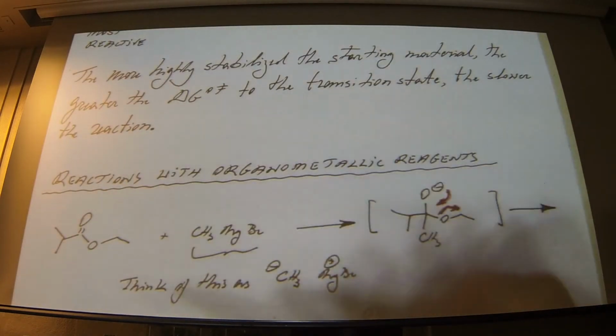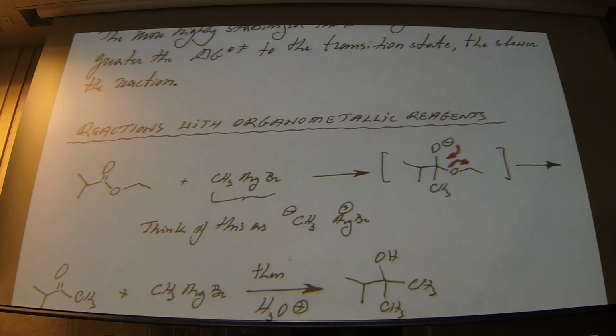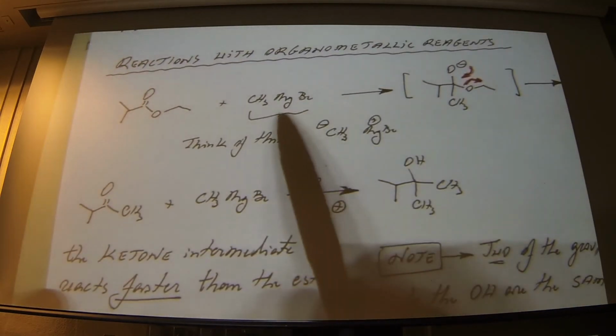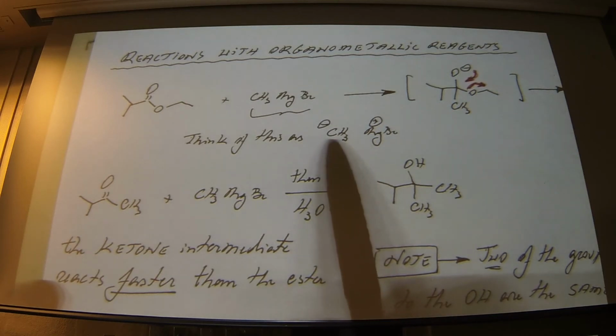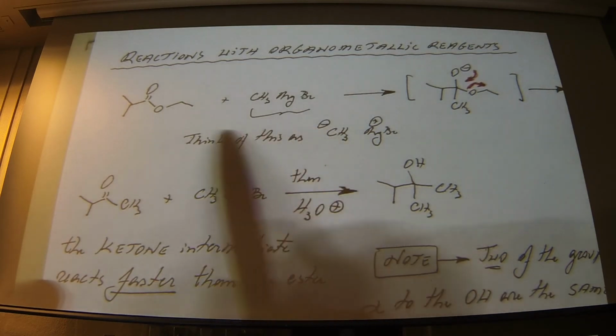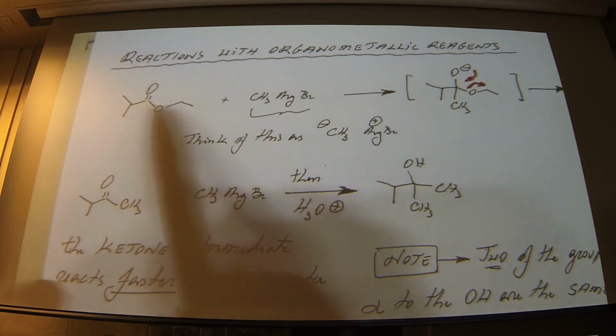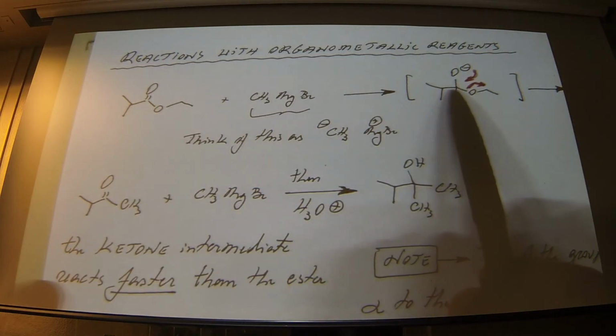We've already talked about this. Okay, so you saw the addition of H minus as a nucleophile to an ester. But another very strong nucleophile is what? It's a Grignard reagent or an alkyl lithium. And those are going to be carbon nucleophiles, right? And so we think of methyl Grignard as being methyl minus, and I can think of methyl minus attacking that carbonyl to give me this tetrahedral intermediate, which can then